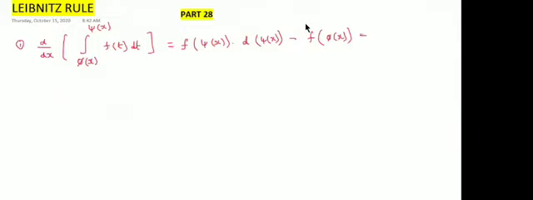minus into the derivative of phi of x. This is the Leibniz rule. The derivative and integration are cancelled. Okay, here limits are there, that is the problem. So just substitute the limits wherever the function of t is there, in both places, then apply the conditions. Okay, now one more property.